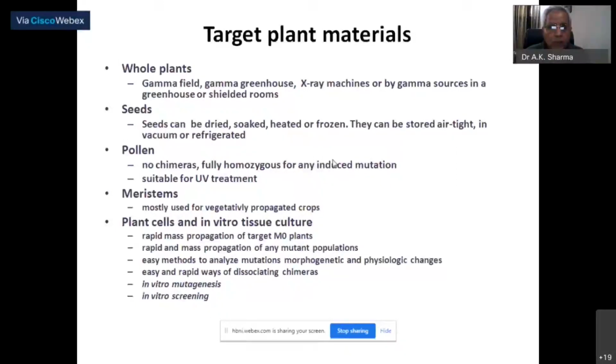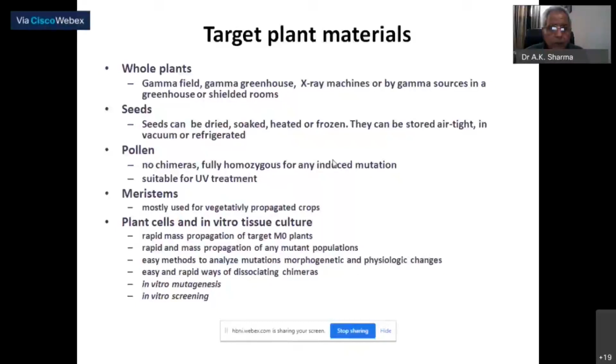So they are very easy to handle and very attractive to work on, and also give you results very quickly, especially when you are looking for results in the progeny or in the next generations when you grow them. The other materials which have been used are pollen. Now, pollen, as I've already told you, is a germ cell. It contains a single set of chromosomes. It's a gamete. So there are advantages of using such cells, because you know what you're dealing with.